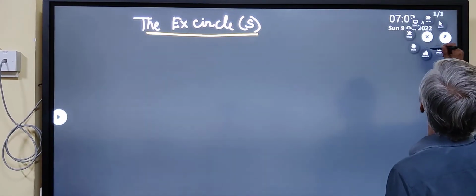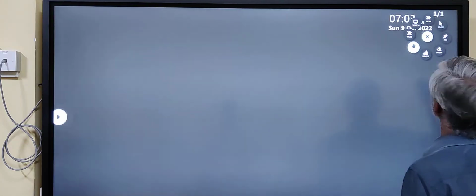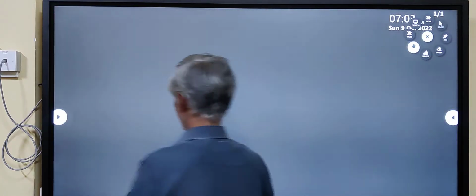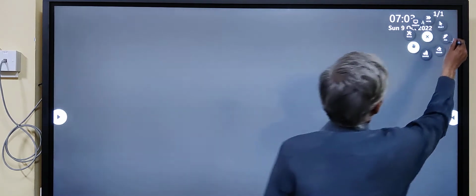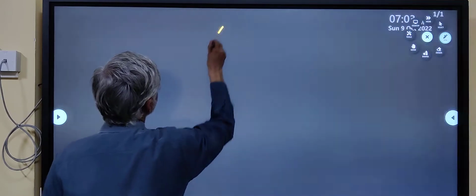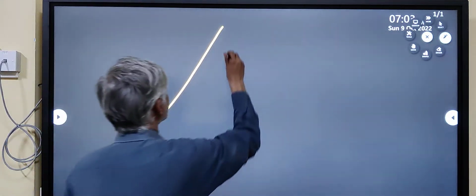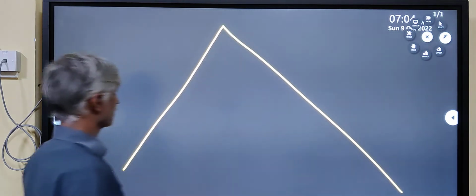Like I said, let me make some space for myself, and let's try to draw an acute angle triangle, which is also an arbitrary triangle, and